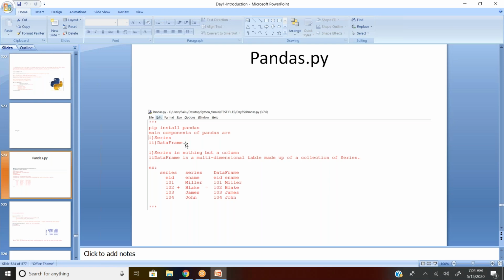A series is nothing but a vector. Vector is nothing but an array. Array is nothing but a column. So for a single column, if you want to do any kind of operation, you can do it with the help of pandas. Or if we have multiple columns, a group of columns, we call it a data frame. And each column can have different behavior. My first column can be numeric, my second column can be a string, and the third column can be a boolean. I hope you are getting what I'm trying to say.